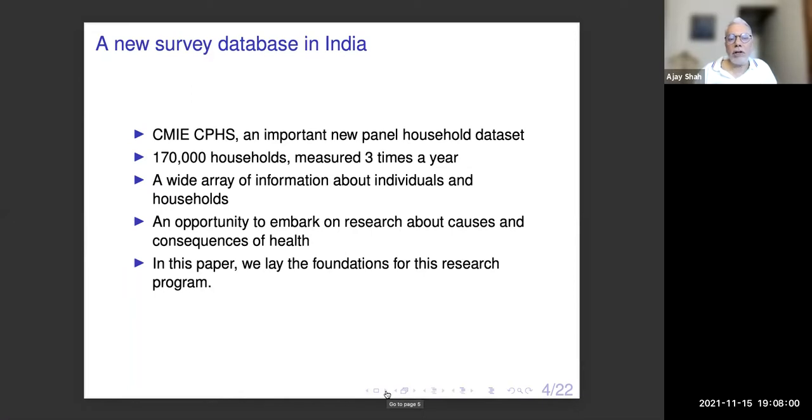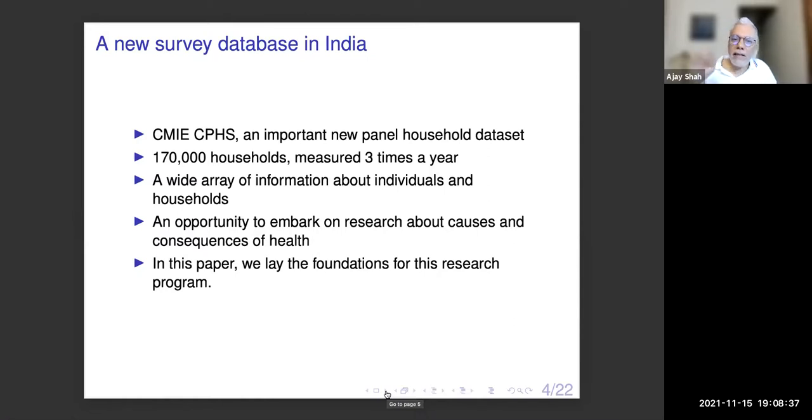They attempt to measure 170,000 households, and they attempt to meet each of these households 3 times a year. And they amass a wide array of information about all these individuals and all these households. Particularly because of the causal identification that becomes possible with panel data and with household data, it's a remarkable moment where we can create better knowledge about the causes and consequences of health in India. There are many interesting research projects that can be conceived where we're analyzing the causes and consequences of